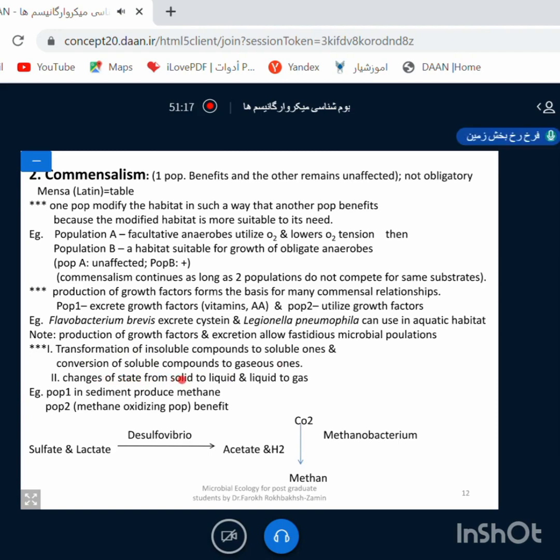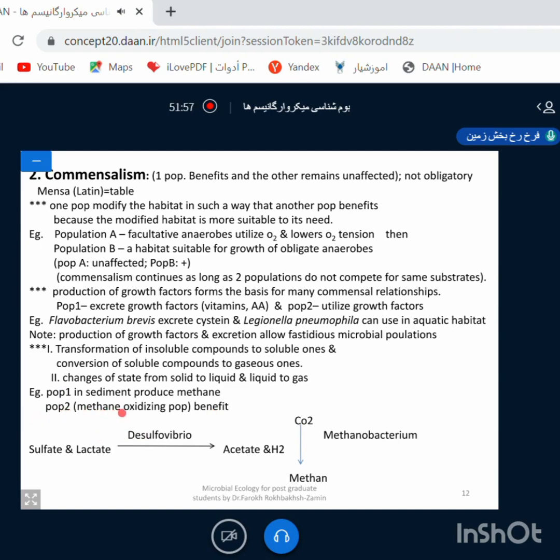Conversion of soluble compounds to other forms also. Changes of the state from solid to liquid and liquid to gas. Example: population 1 in sediment produces methane. In any case, population 1 does this. But population 2 needs methane. So population 1 is 0 in this interaction because population 2 is present,